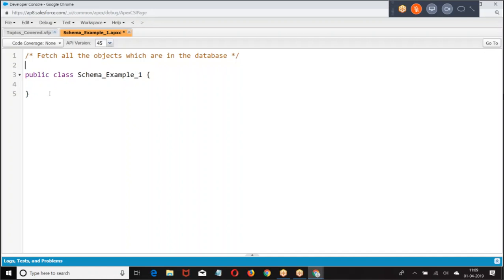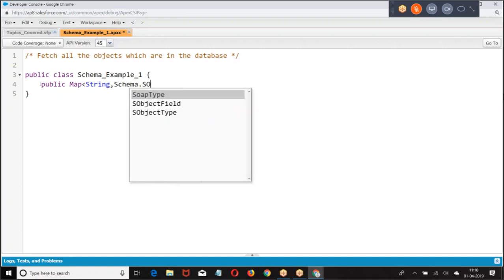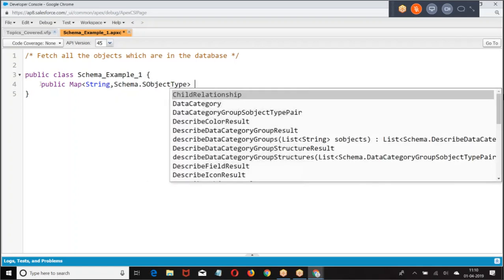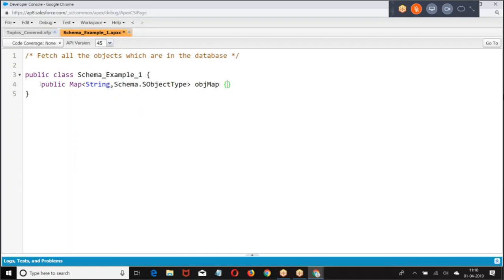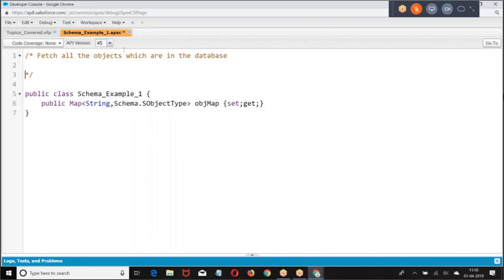So here, first we'll do public Map of String comma Schema.SObjectType. Now look at the point. If you know the object is an account, we take Account.